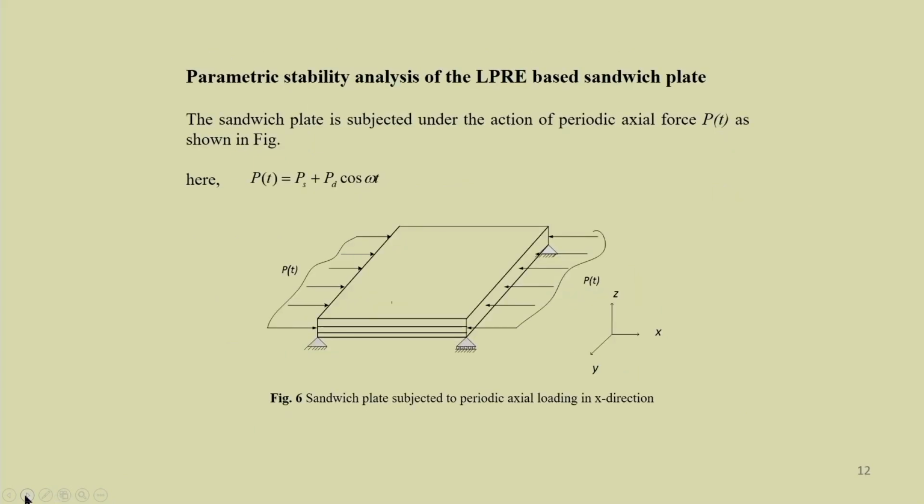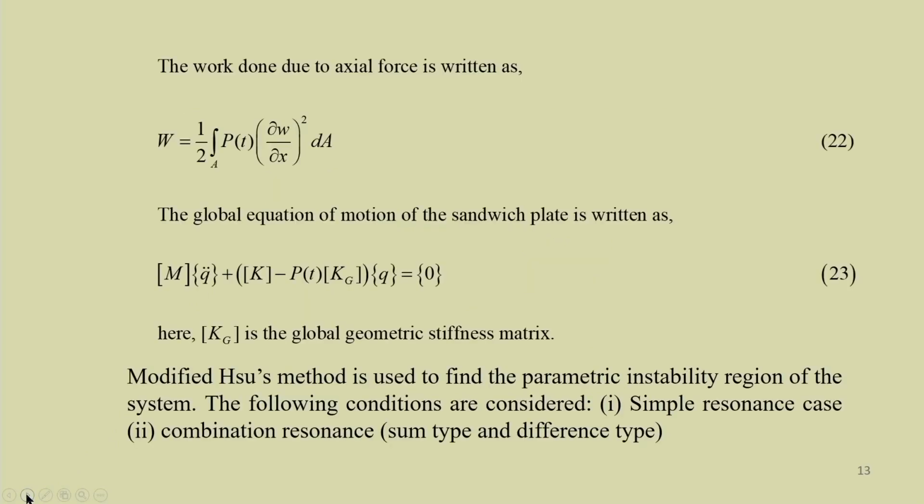If it is subjected to axial loading, compressive loading or tensile loading, let us apply a compressive loading in this sandwich plate. So, it is simply supported. Let us apply a compressive load which is time varying. So, Pt equal to Ps plus Pd cos omega t. If it is applied, then in the equation of motion that we have derived just now,